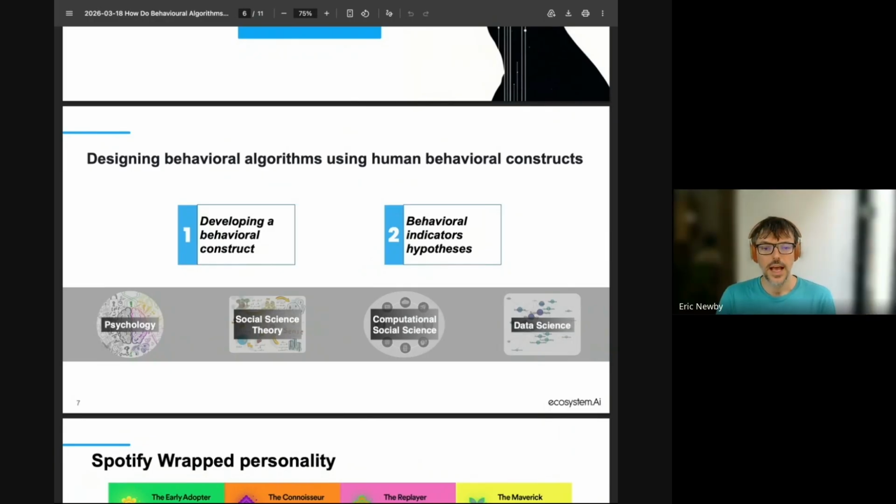Thanks, Jess. So yeah, we're going to talk about two categories of these behavioral algorithms. The first one are what we call personality-based and then decision-based. They complement each other. So the first thing we'll talk about is personality-based behavioral algorithms, and the idea there is